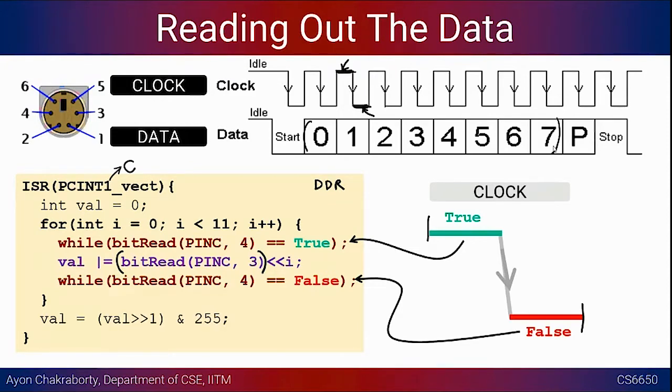Okay, so we have to do one more shift because we want to flush out the start bit, and then we just do an AND with 0xFF, so that we basically take the 8 bits and don't care about anything else. Now this value is not directly going to give you an ASCII code. This is something known as a scan code.